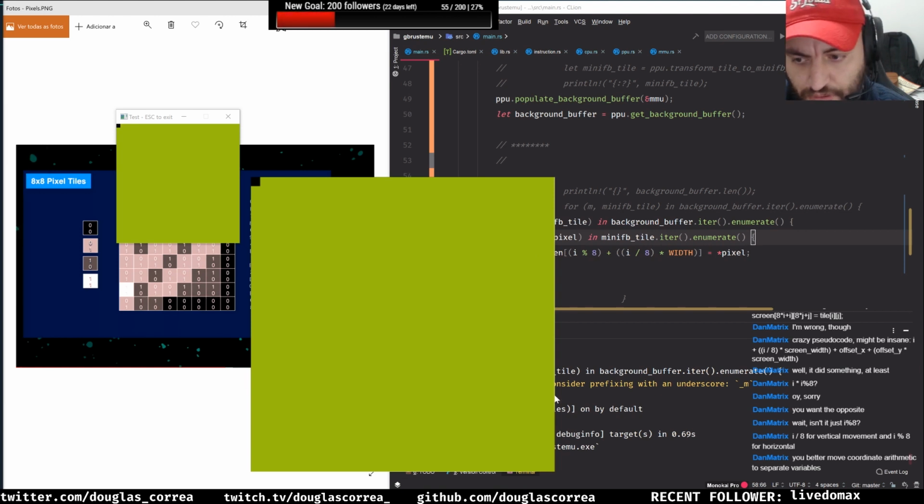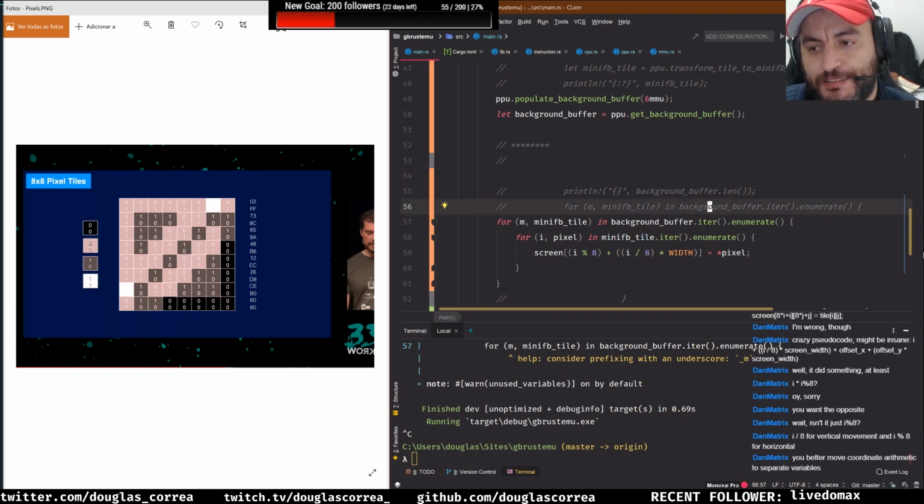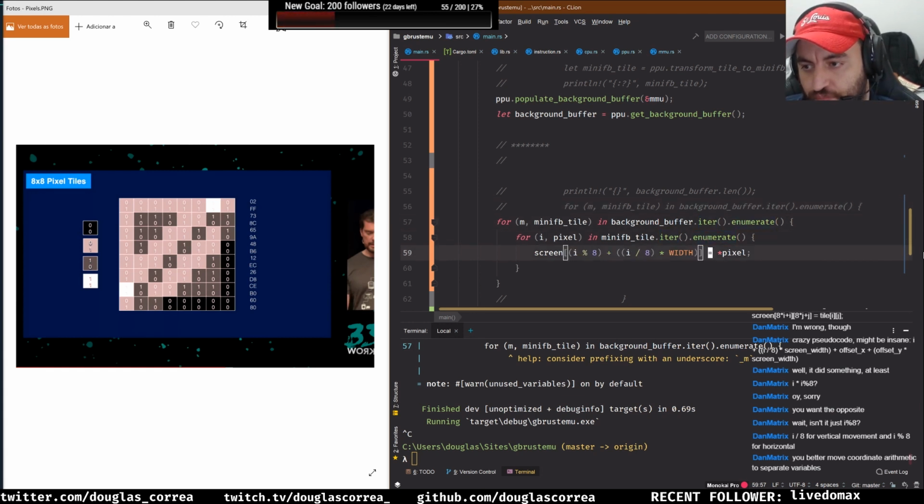Okay. So now we need to, yeah, better move coordinator which match to separate. Better movement. Yeah. So